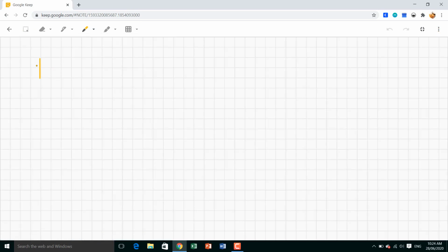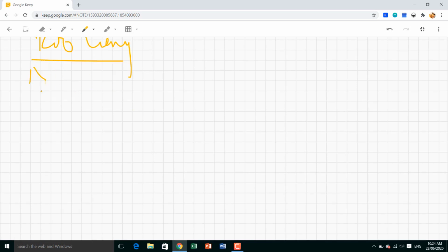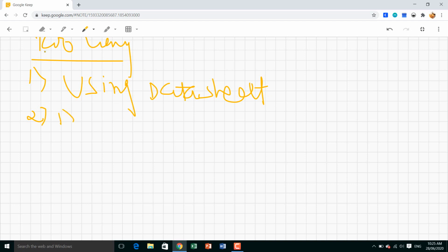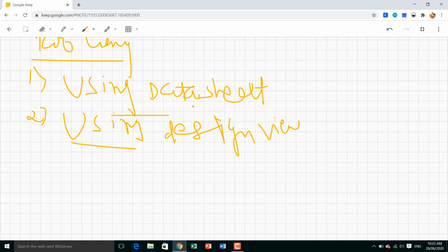Now we will open MS Access and see it step by step.